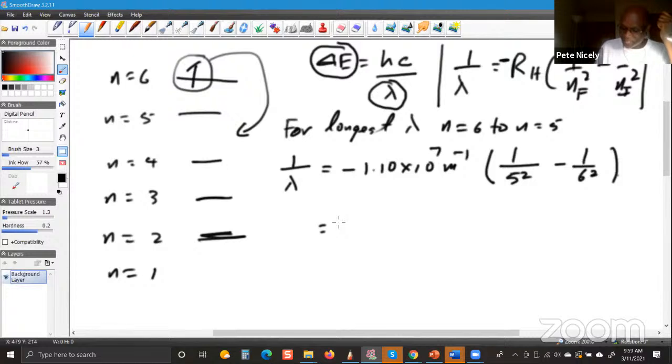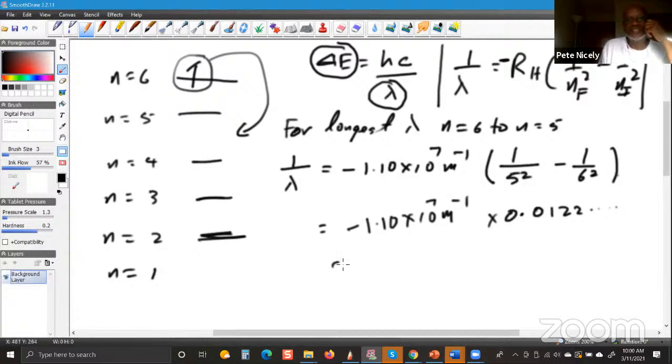1 divided by 25 equals minus 1 divided by 36. Okay, so the part in the parentheses is equal to 0.0122, with recurring 2's, right? So multiply by minus 1.10 times 10 to the 7 meters to the minus 1. So when I multiply that by 1.1 times 10 to the 7, the answer I get